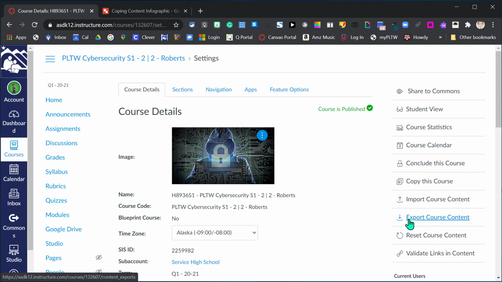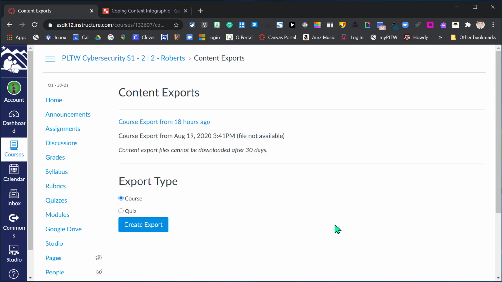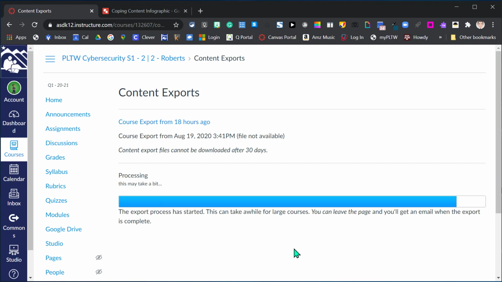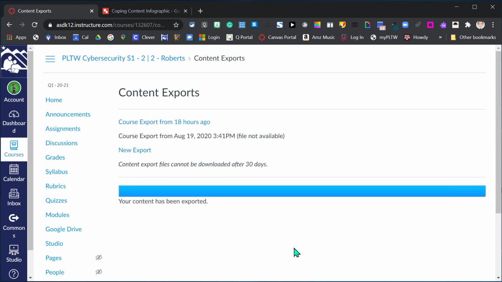Okay, so we're going to go to export course content, and we're just going to select that feature, and we're going to go ahead and export type course. We want everything in the course. When we import, we'll be able to decide what we want to import, but we're going to go ahead and export everything. So we're going to click create export. Creating the export takes a little bit of time. You can leave the page and you'll actually get an email from Canvas that says, hey, your export is ready. Okay, so